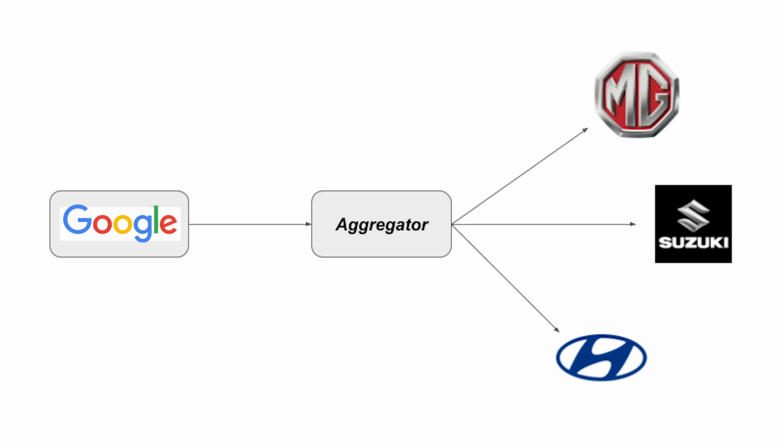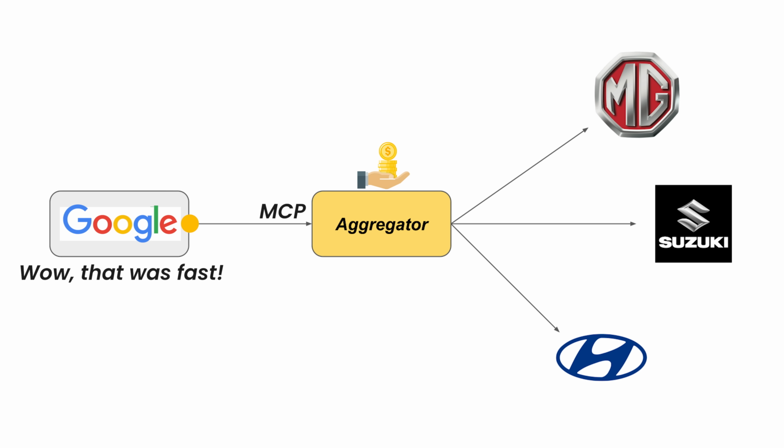So now the aggregator result has to turn into an aggregator MCP API. If you're looking to find the best car to rent, the MCP server which you have created in your application can go and fetch results from different websites, aggregate it into a single API and give that response to the LLM. The benefit for the LLM is that this response is much faster, it's better consolidated, and the benefit for you is either the LLM paying you for using your API or the websites who you're scraping paying you to rank themselves higher in the result.